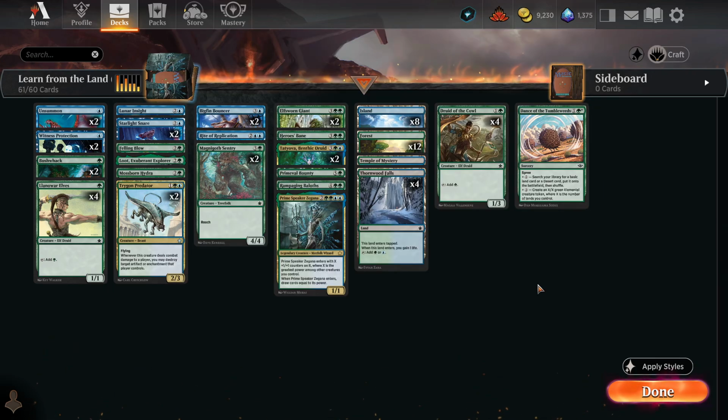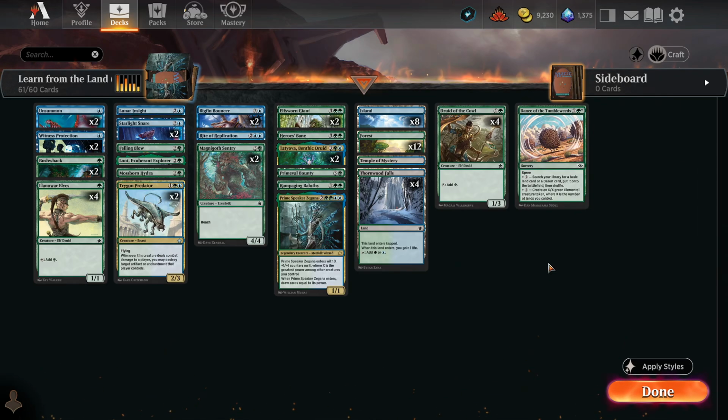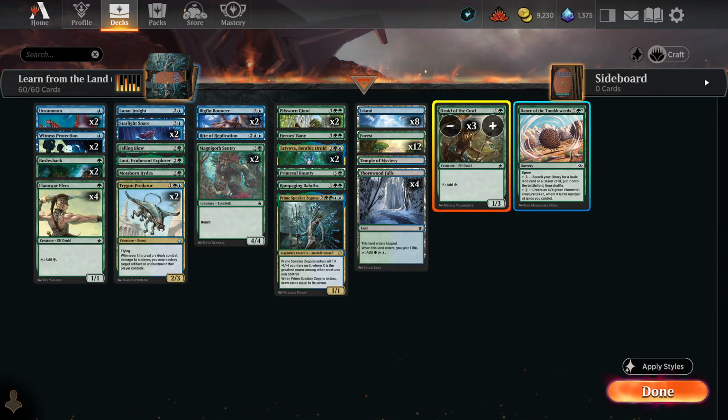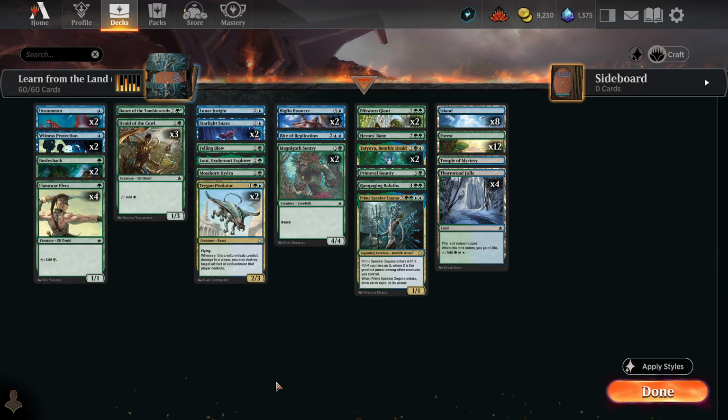And obviously with this deck, so much of it is getting lands for all this landfall stuff. This thing just gets huge. It's a big win condition in the late game. Very cool. I want to take out one of these, add one of those, and we will also be taking